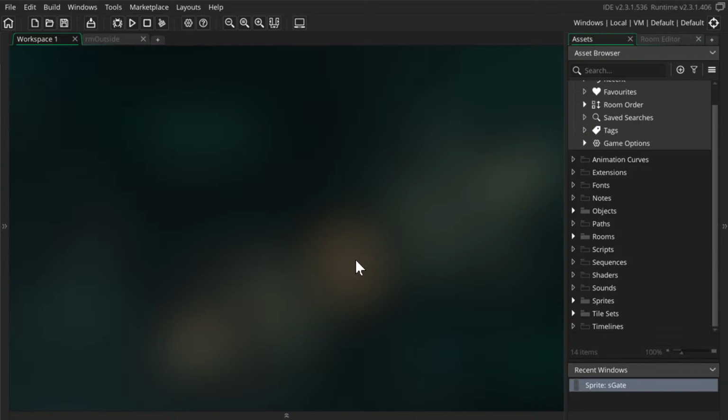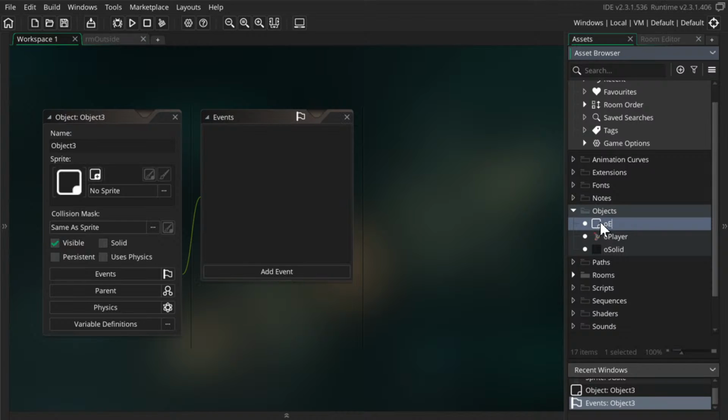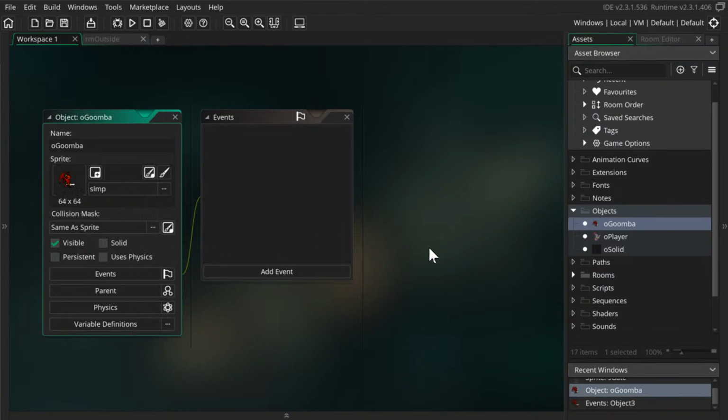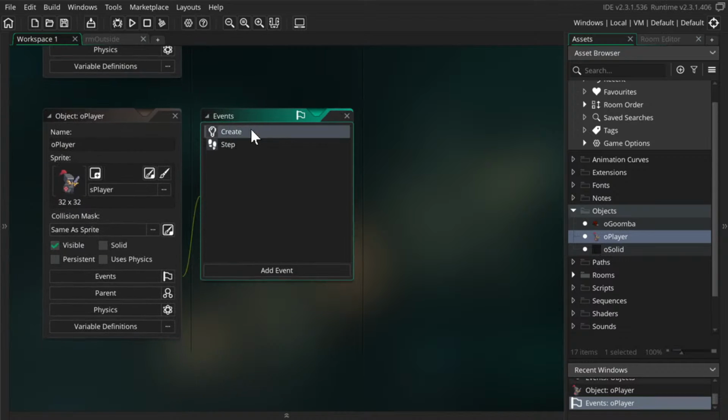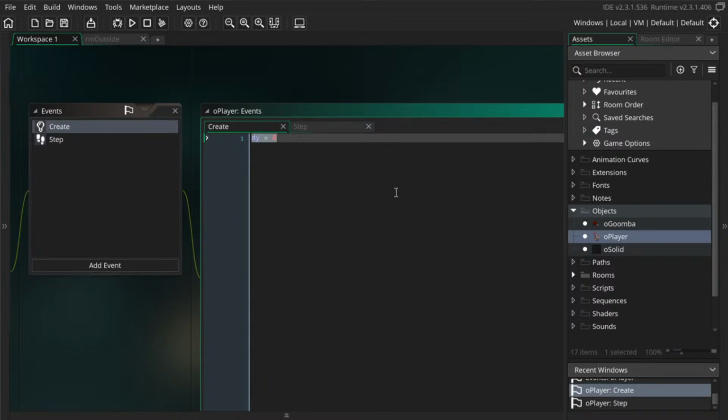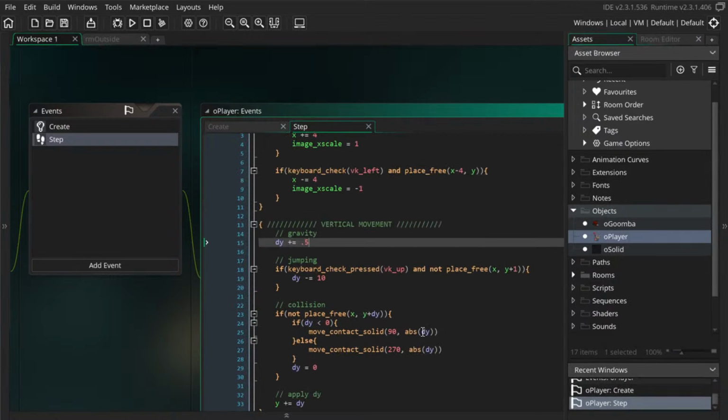Okay. So this is going to be a knockback tutorial. So all I really need is a player and a little enemy to knock me back. So I think I'll just go ahead and make the enemy. Oh, enemy. I'm gonna call it Goomba. Give it the imp sprite. Excellent. Then I have the player, but its current movement is too complicated. So I'm going to set over here and set move speed equal to 4. Then I'm going to go over here and I